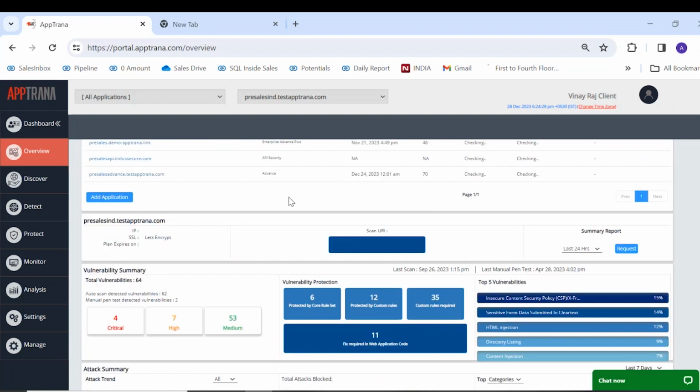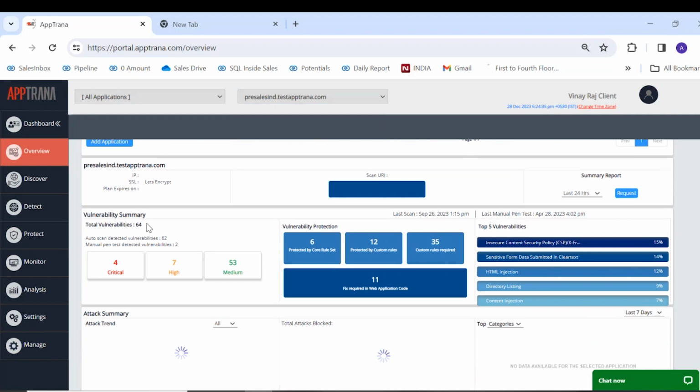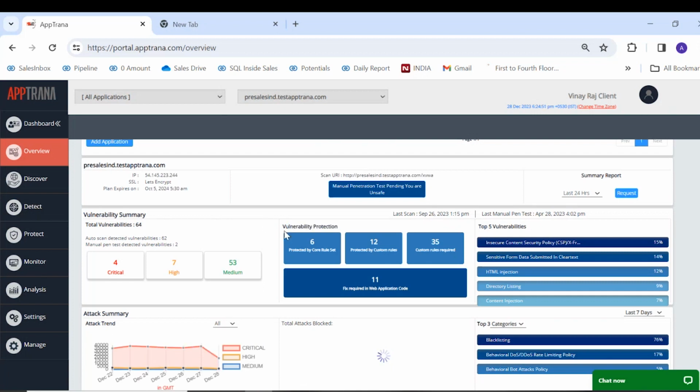Now, if you scroll down, per specific application you can get a quick overview. For example, the first one has identified 64 vulnerabilities, and out of 64 vulnerabilities, 53 are medium, 7 are high, 4 of them are critical. But again, immediately it will let you know the protection. That is, out of these 64 vulnerabilities, how many are already protected by the core rule sets, how many are protected by the custom rules, and for how many vulnerabilities we can still create a custom rule to provide a